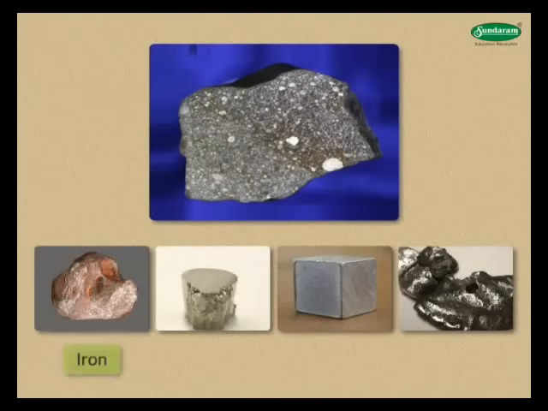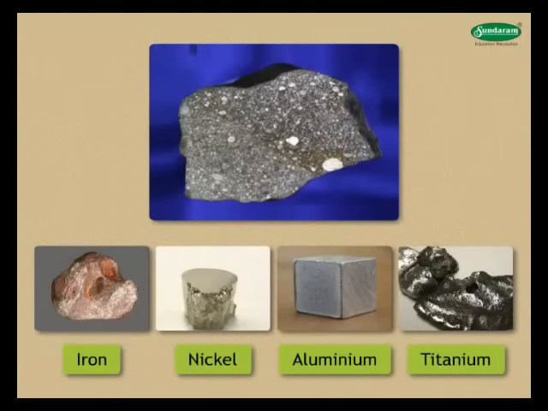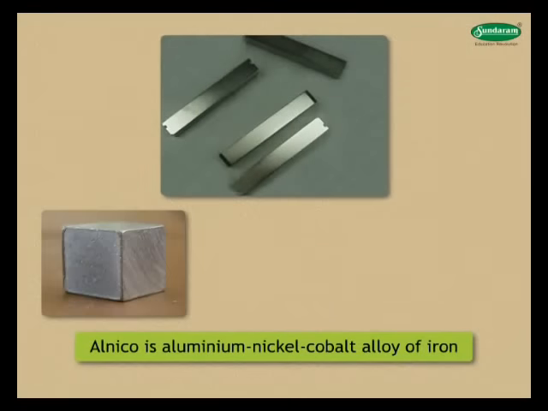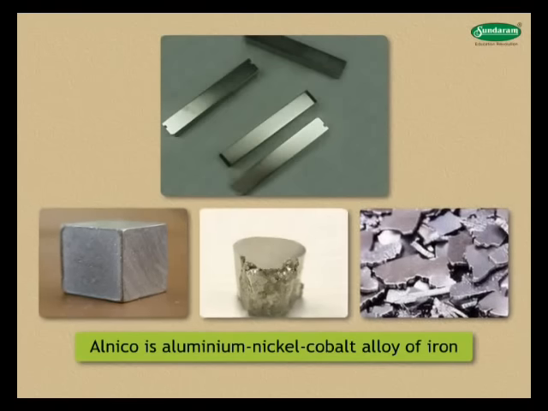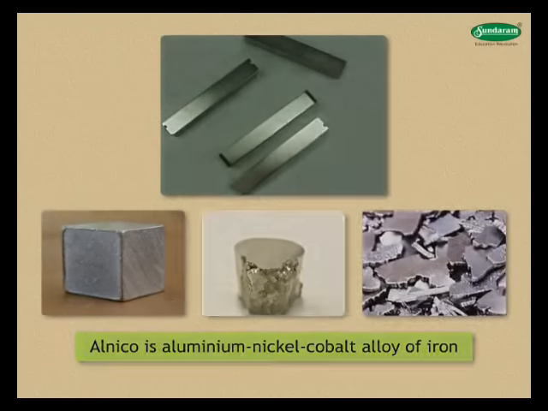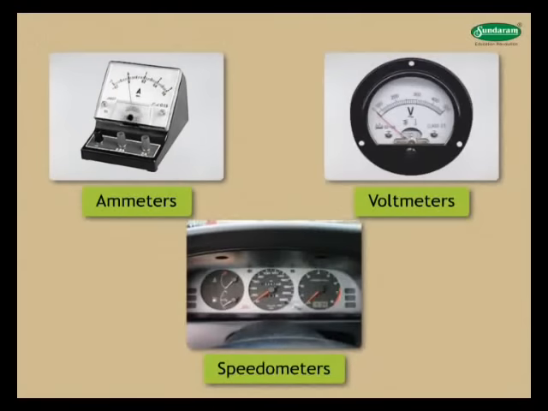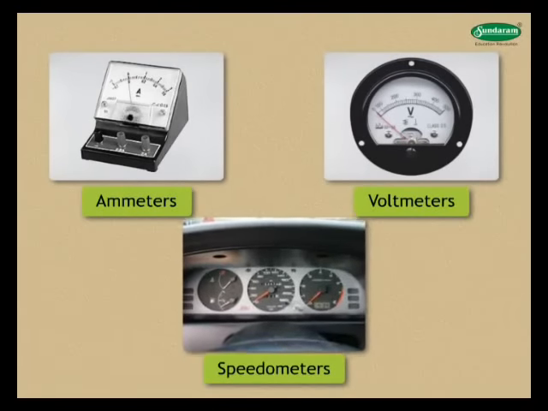Nipermag is an alloy of iron, nickel, aluminium and titanium. Alnico is an aluminium, nickel, cobalt alloy of iron. Permanent magnets of such alloys are used in microphones, loudspeakers, electric clocks and many other devices like ammeters, voltmeters and